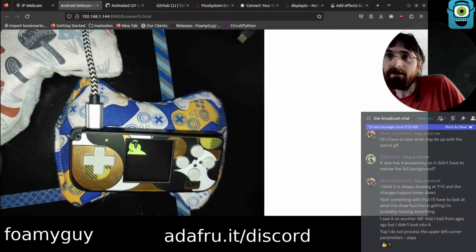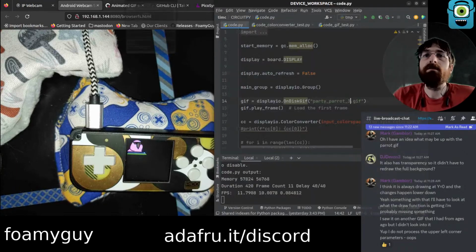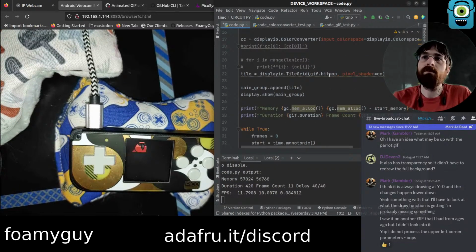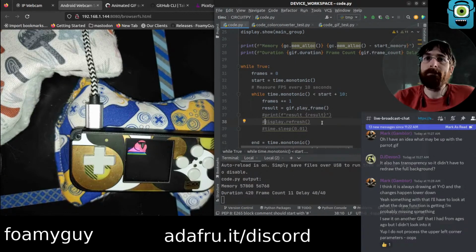That's looking pretty smooth. That's way faster, but jumpy. I guess this is probably even too fast.